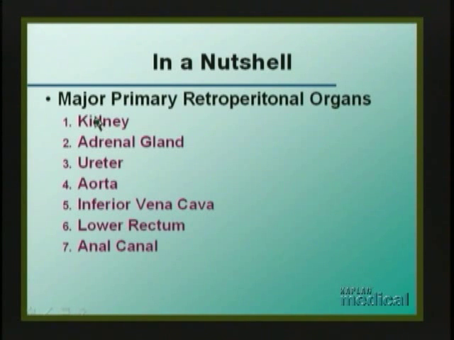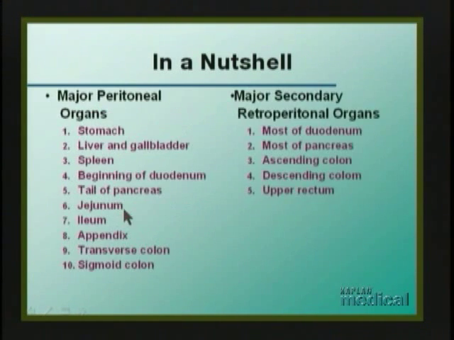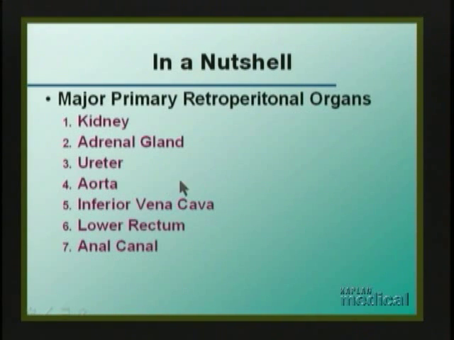So by knowing which organs are primarily retroperitoneal and which organs are secondarily retroperitoneal, we can therefore know which organs are going to be anterior to which organs. So for example, we see that the descending colon is a secondarily retroperitoneal organ, therefore the artery to it is a secondarily retroperitoneal artery. That would be the left colic artery. We can see that the ureter is a primary retroperitoneal organ. And therefore, if we say that the left colic artery crosses the ureter, which it does,